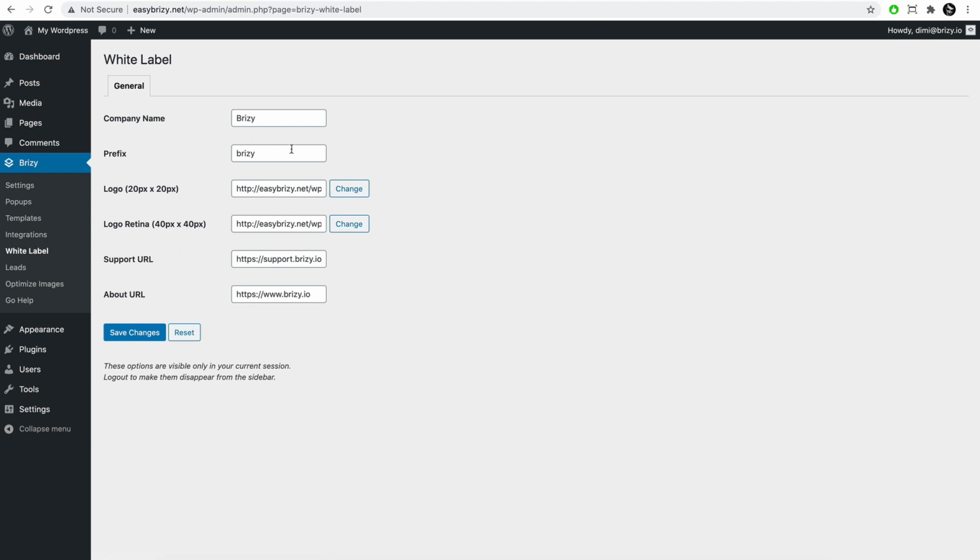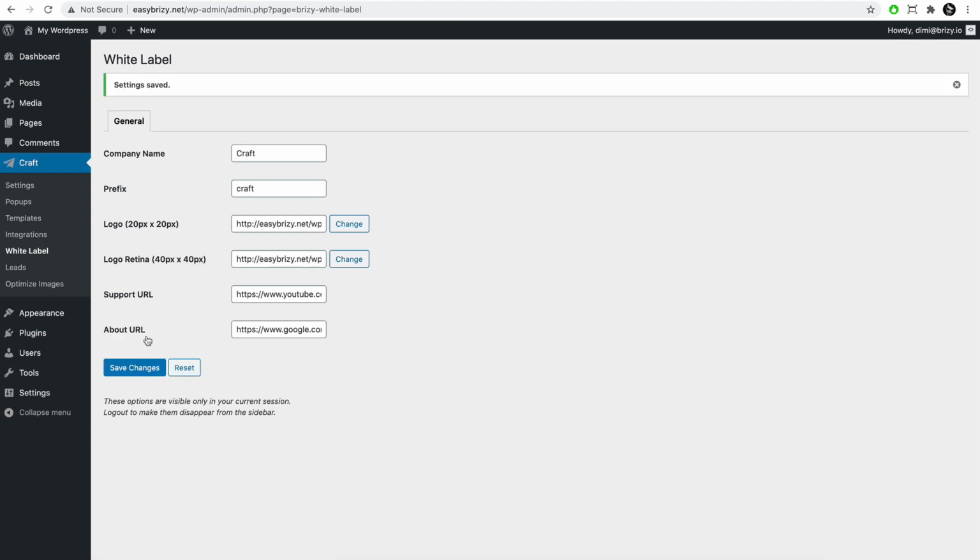These are the options that you can change to make and brand Brizy as your own. I've created a short example that I want to show you here. Let's say we have a company named Craft. You'll want to change the logos here as well. You can upload images in the media library and copy paste the link or upload it from here. The support and about URLs, let's push one to YouTube and one to Google, just for fun, but remember you'll need to change this with your own,